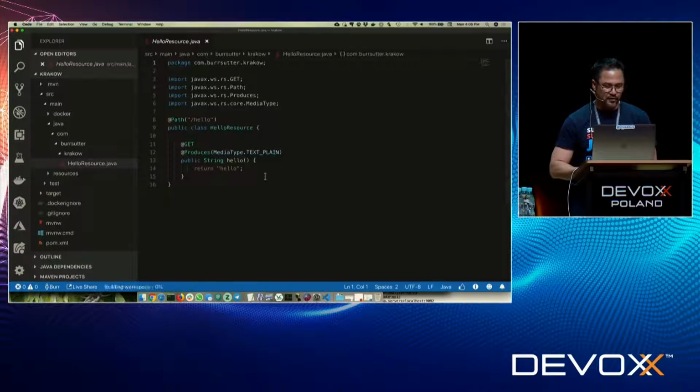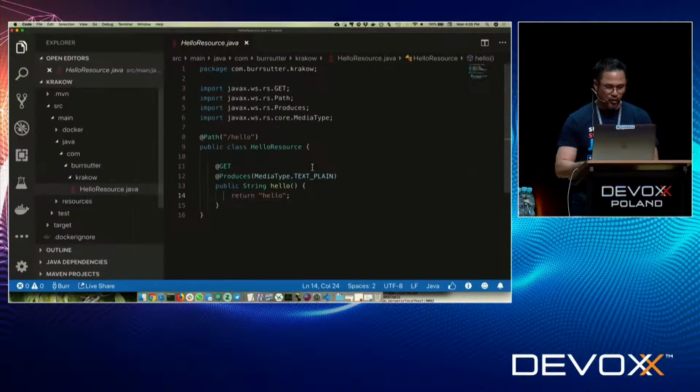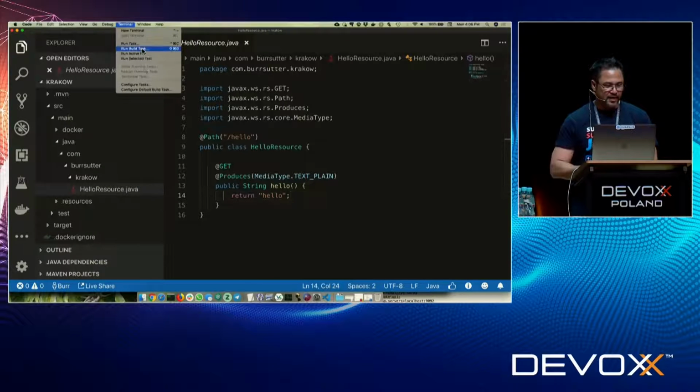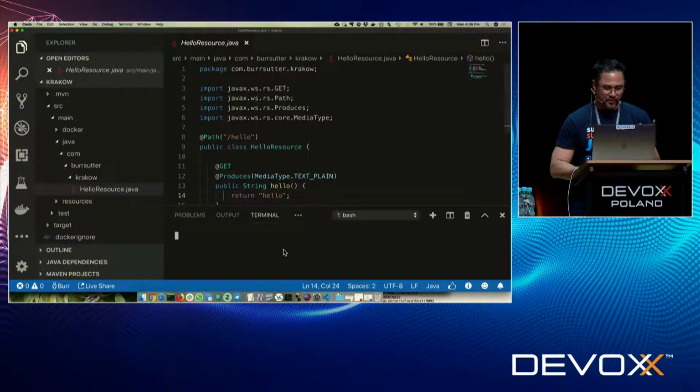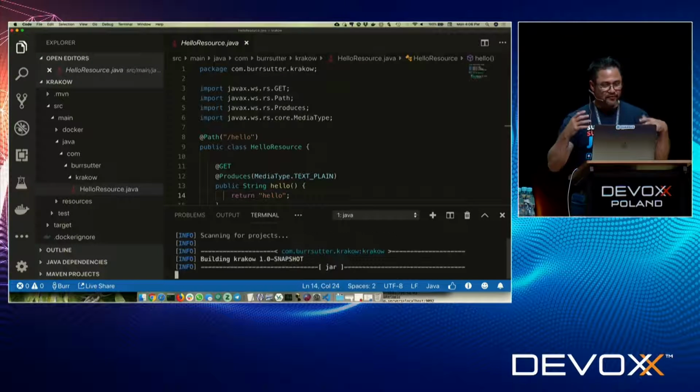I'm just wanting to show you this only because we're going to go well beyond getting started, but I want to give you a feel for that. And you can say, real simple, I want to open up a terminal window, or you could go back to the previous terminal, mvn compile quarkus:dev. All right, and that puts it in development mode.